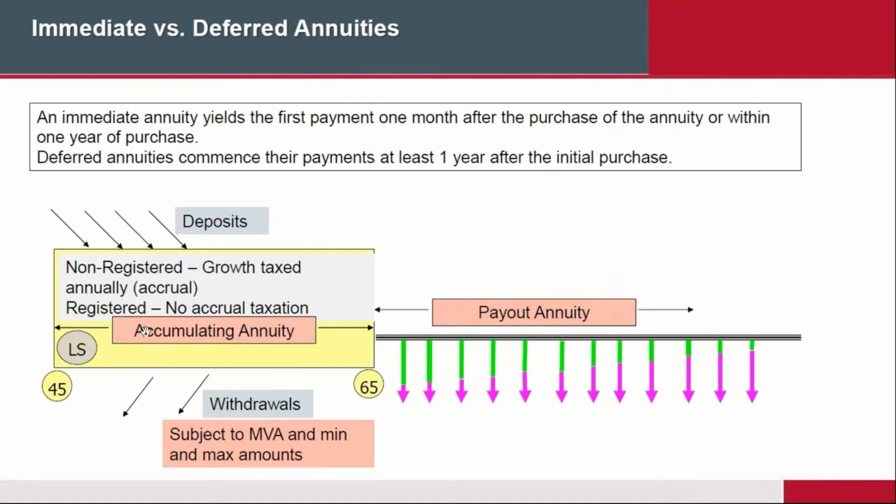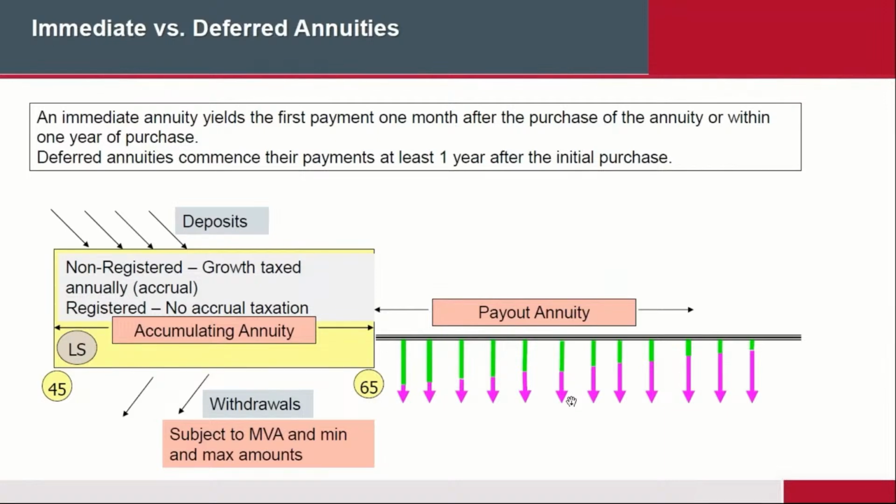So during the time that you're putting your money in, it accumulates. So this is the accumulated amount. So in this case here, you're 45 years old, and at age 65, you say, okay, I'm not putting any more money in. Now I want you to start paying me out. In other words, a payout. And so once again, you're going to get interest and principal back for the rest of your life, or again, whatever period that you want.